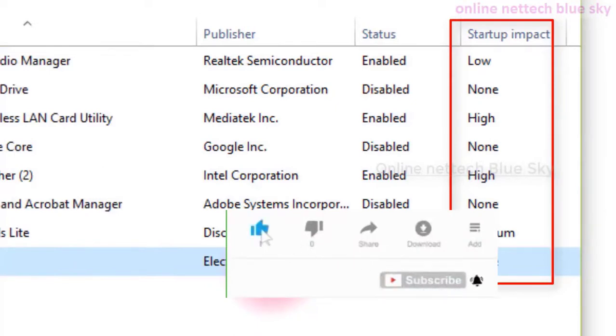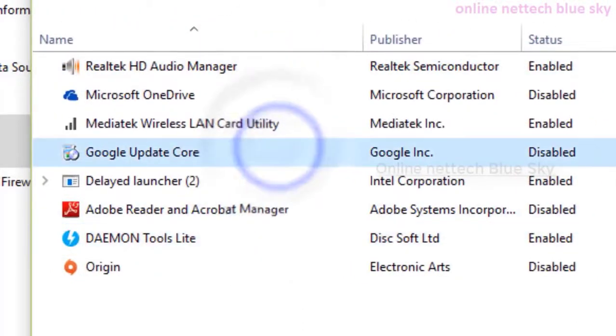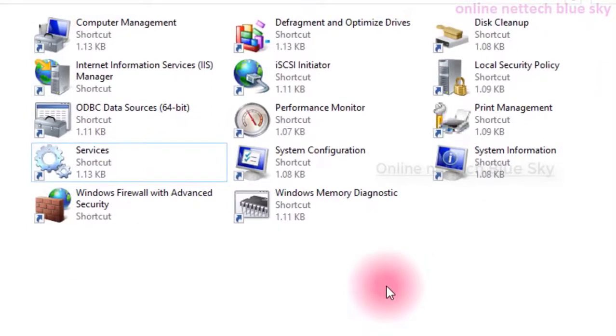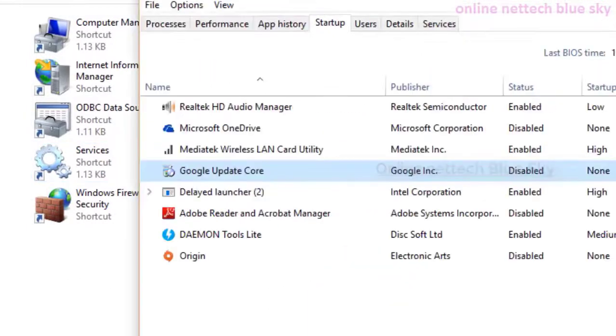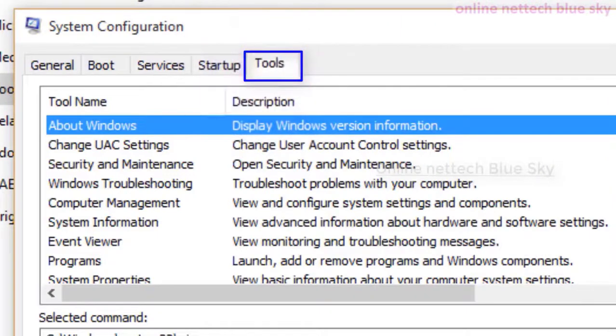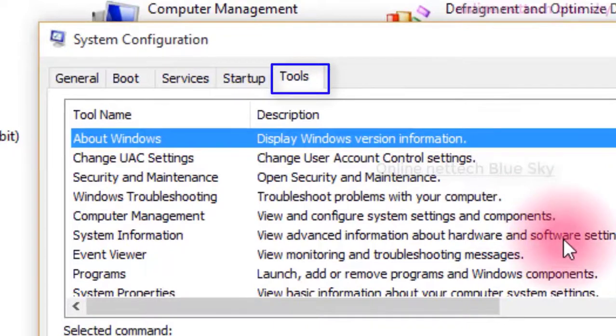Okay, so this is here, this is a very important start here. So you may have trouble opening your task manager. So right click on the task bar. Tools, what are the tools? You can see here my computer system configuration, different types of tools available in my computer.